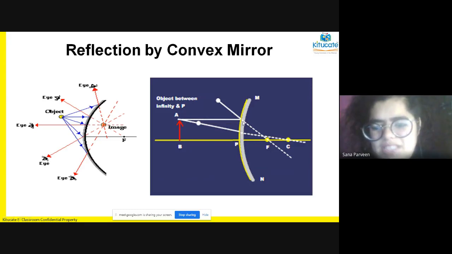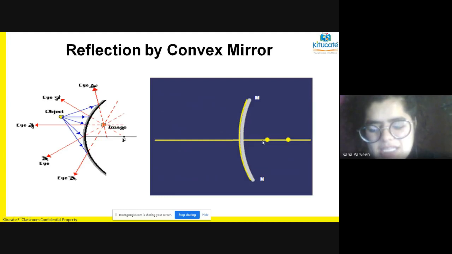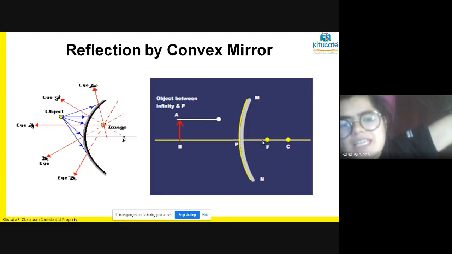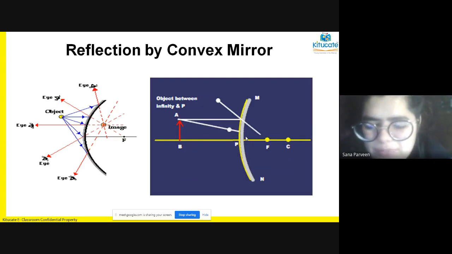We're just thinking as if they're meeting, and for that we go behind, and in this you see the mirror image to be erect. Okay, it is the same way the object is there, erect, but smaller in size. Okay, in concave we saw the image was bigger in size. In convex the image is smaller in size. Okay, last time we will see and we will proceed.